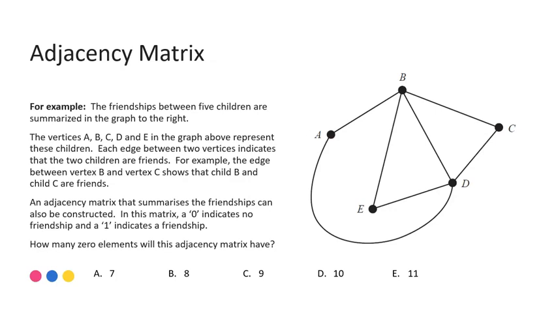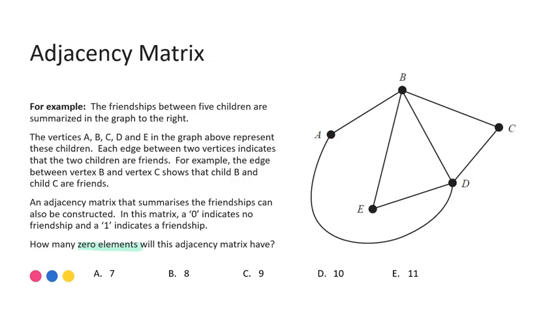An adjacency matrix that summarises the friendships can also be constructed. In this matrix, a 0 indicates no friendship and a 1 indicates a friendship. How many 0 elements will there be in this adjacency matrix? So how many of the spaces will be filled with a 0? So how many non-connections? So one option would be to construct the adjacency matrix and count up the number of